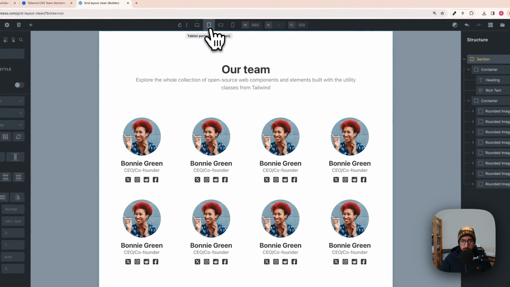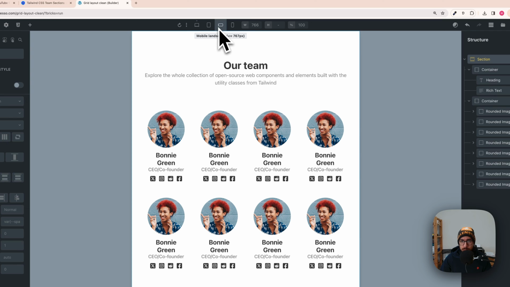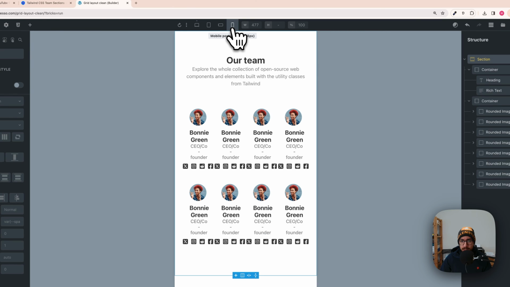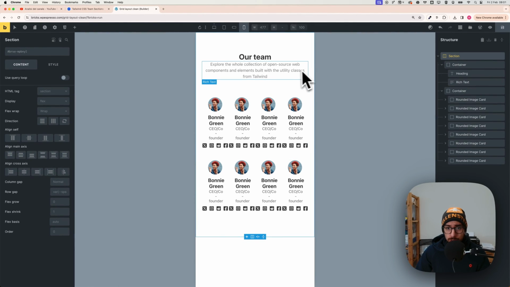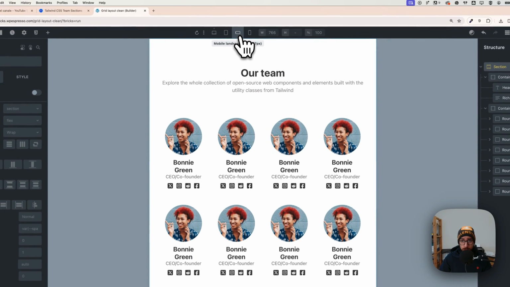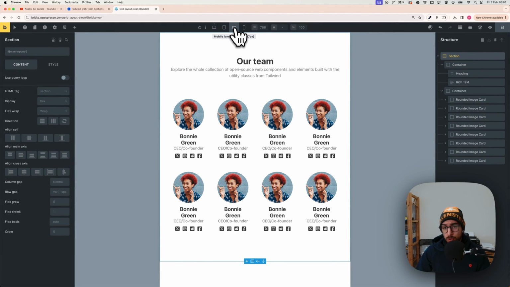If I go on tablet portrait, as you can see, it's adapting. Here starts to be too close to each other, and of course this one is a mess up, right? So how to actually fix this? It's pretty easy. So let's say that I just don't want to have 4 and 4 here. I can basically tell the tool to say like 2 and 2, for example,